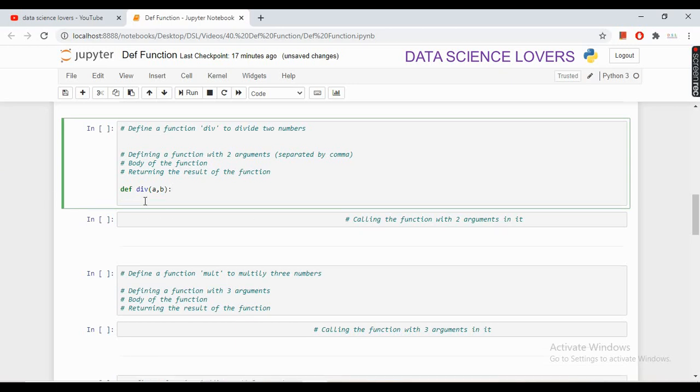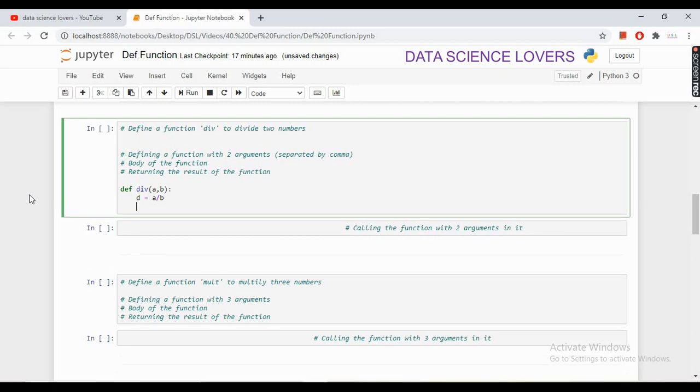After pressing enter, it will take us to the next line. In the next line we will write the body of the function, meaning what we want the function to do. We will divide two numbers, so in the body we will write d equals a divided by b. This is the body of the function, and in the next line we will return the value of d.